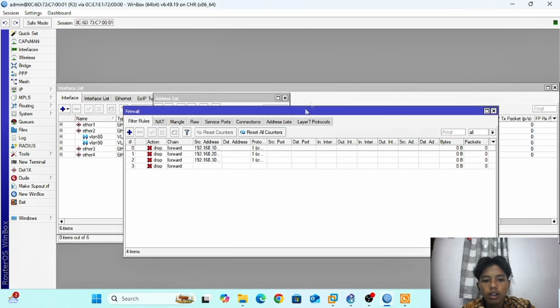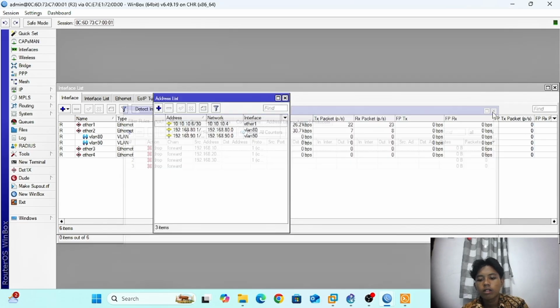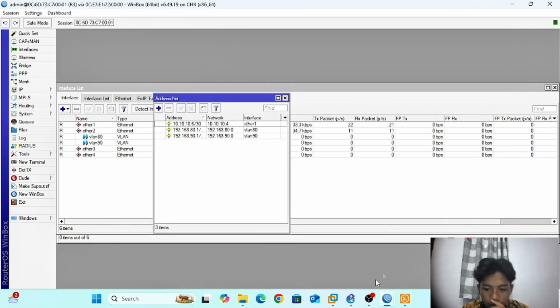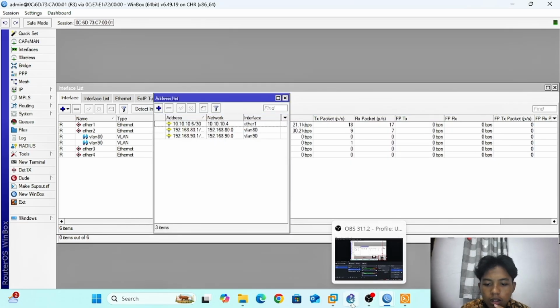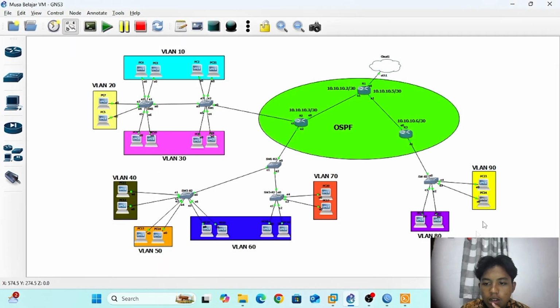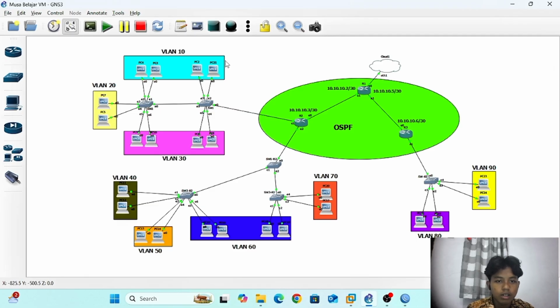Apply, okay. Okay, this is done. Now I want to check whether the configuration is running or not.